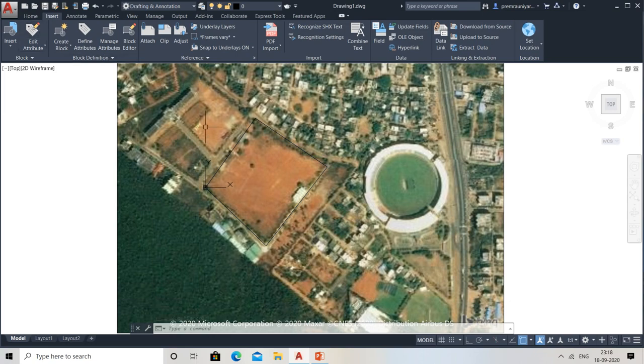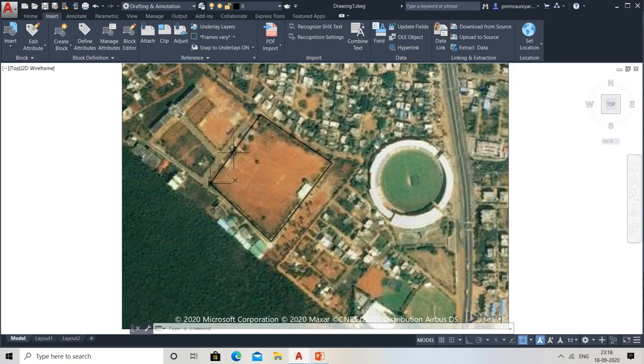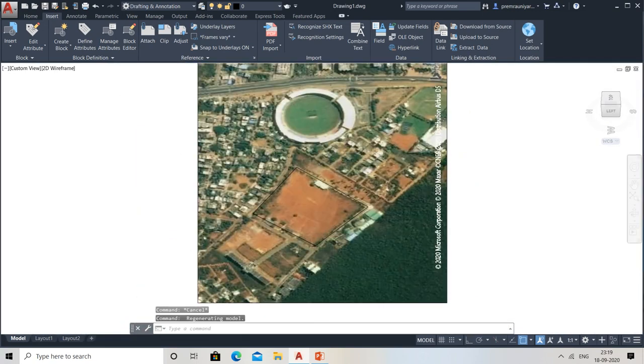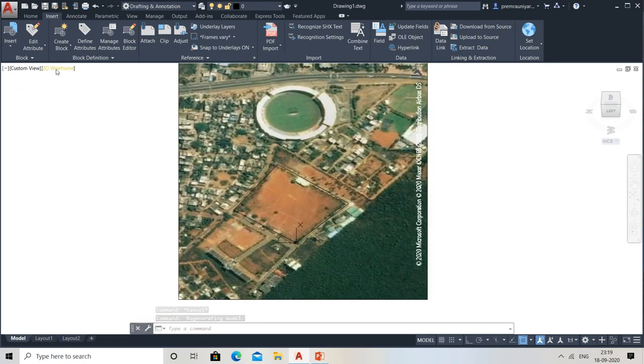So now you have got it here, right? Now what I need to do, I got the area, this is not completely a rectangle, but I got this plot area and I need to work on this. So you can see it here in this view also. In the isometric view also you can see it. See, this is the isometric view.